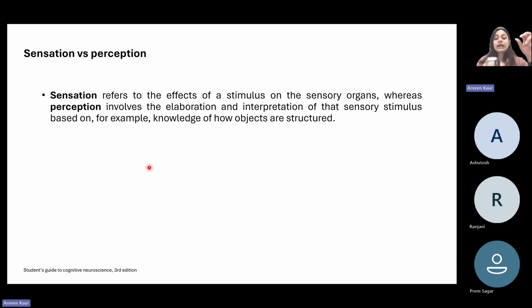They might not know that it is something to work with or to play with. They might pick it up and try to eat it also, right? Because they don't have that understanding or previous knowledge which tells them that, okay, this is a gadget, not food itself, right? So, but the sensation in both cases was the same, right? The same stimulus was actually shown to the person, but how it was perceived was different based upon prior knowledge that the person might have had, right?